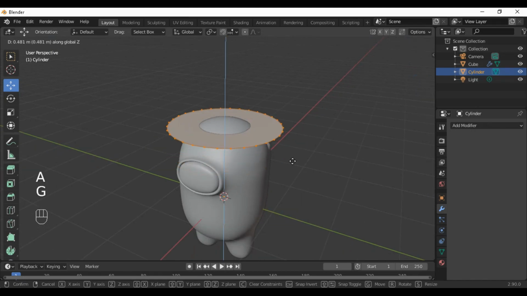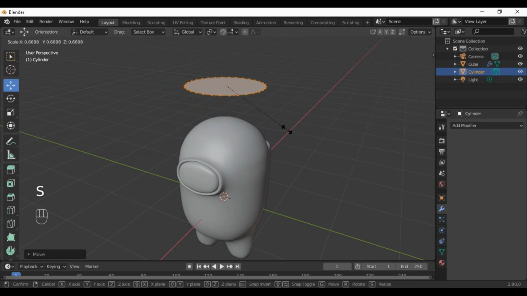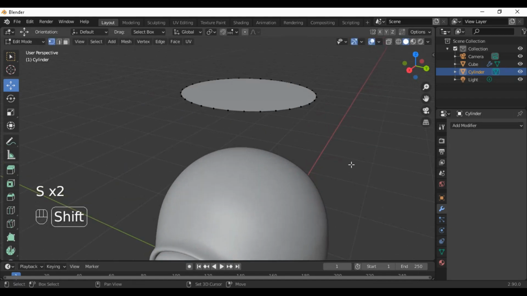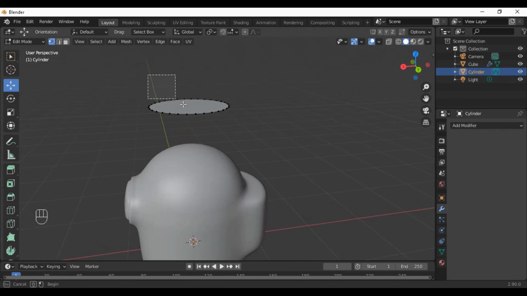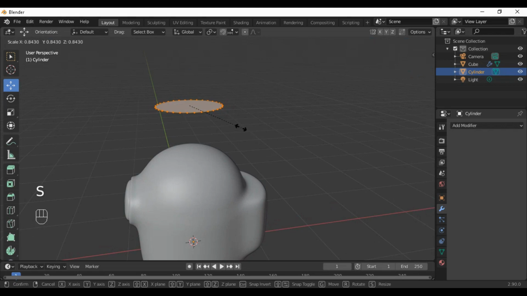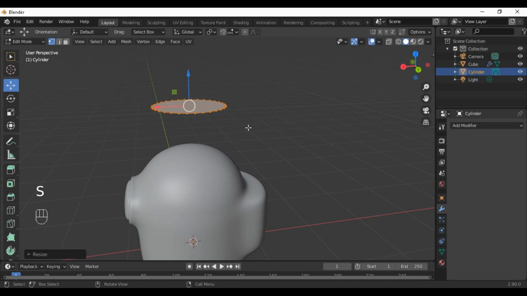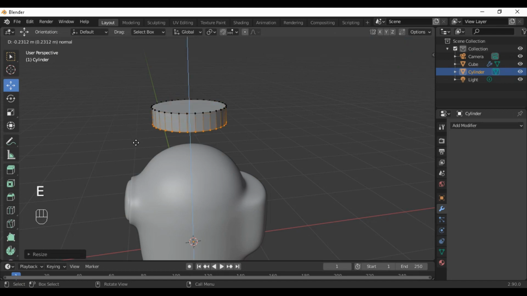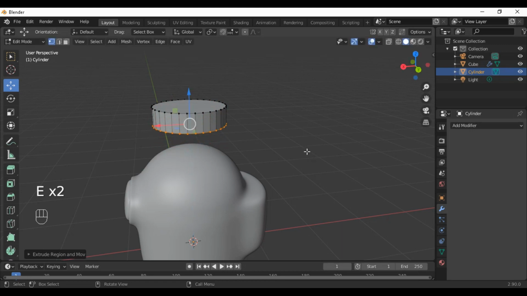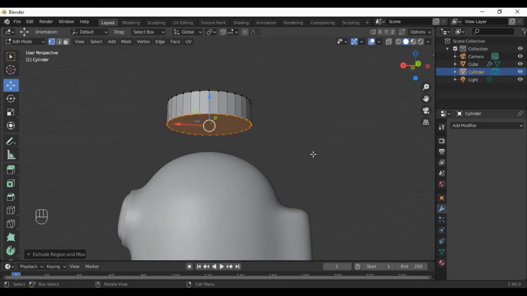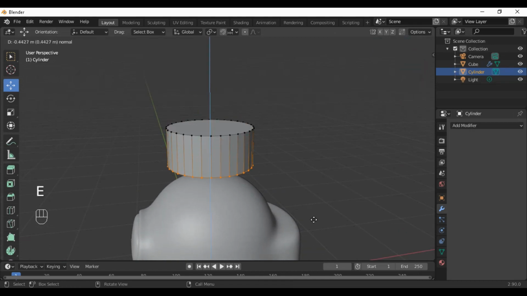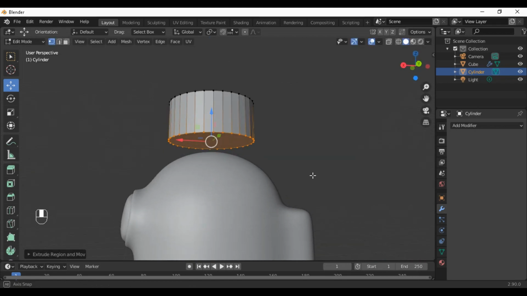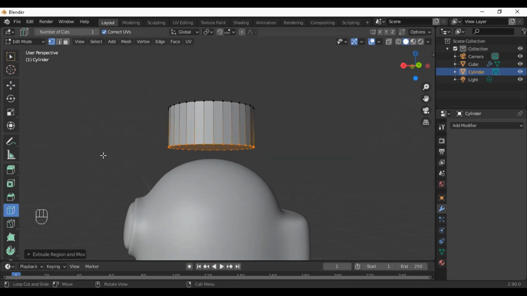Okay, drag it. G for grab. S for scale. Also scale it a little bit. S for scale. Now we are going to extrude it. E, and in which direction? In Z direction. So E plus Z. Okay. What happened? Just do it. Yes. Now we are going to give some